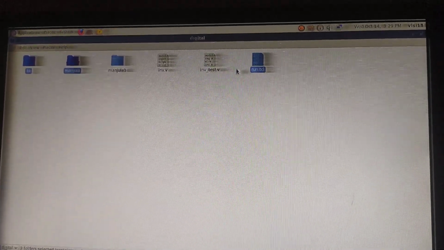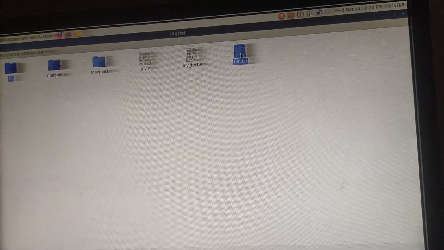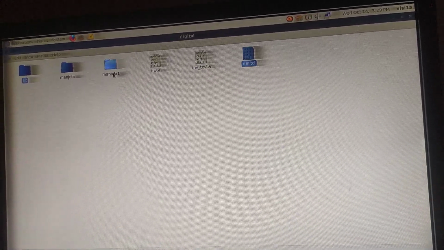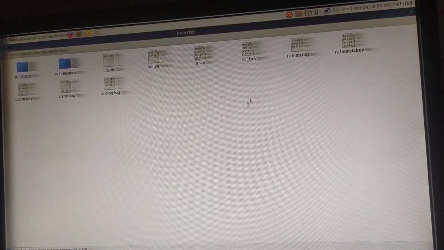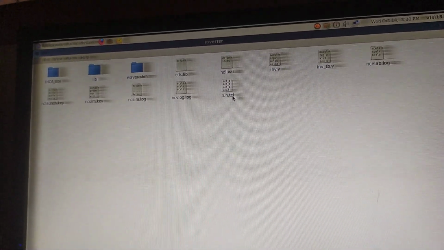I copy them, and within the inverter folder you need to paste them. So when you go for the synthesis, you require a lib and the run.tcl file.